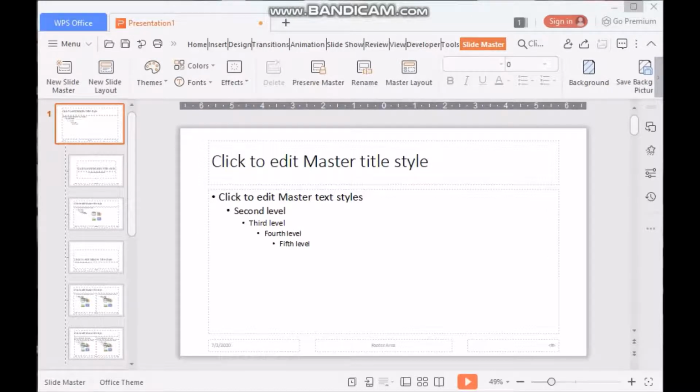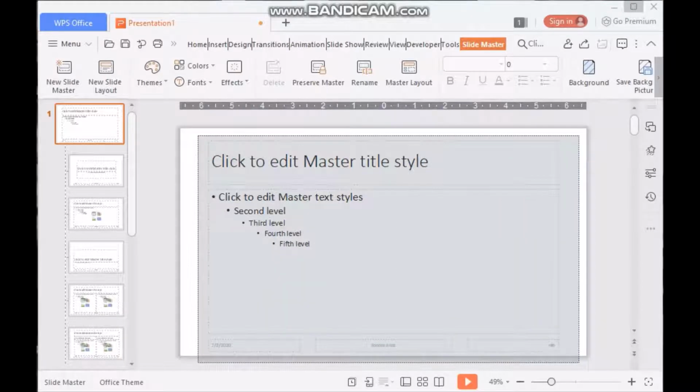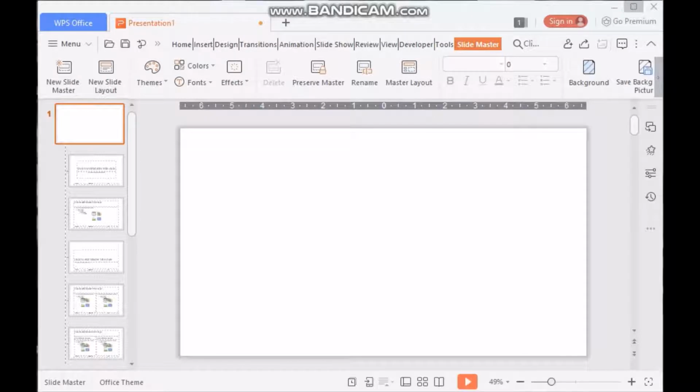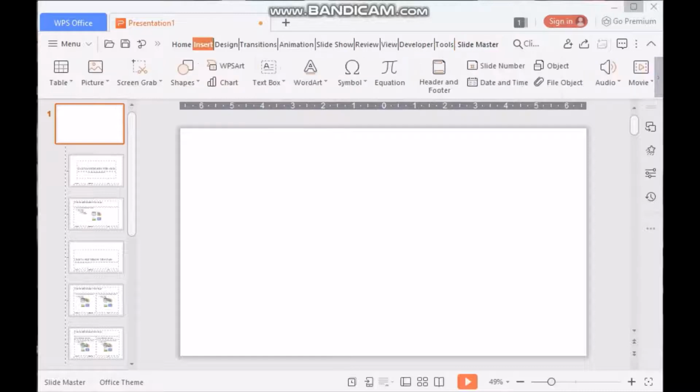Here, whatever information you are giving or whatever graphics you are creating, all that design and those graphics will be displayed and applicable to all the slides. So I removed all the things I did not need in my further presentations. I have selected the blank presentation, blank slide.